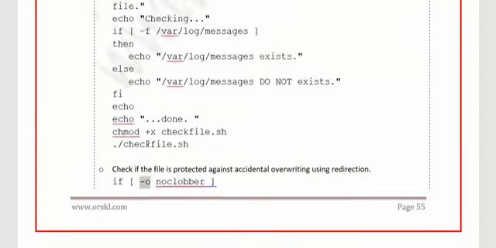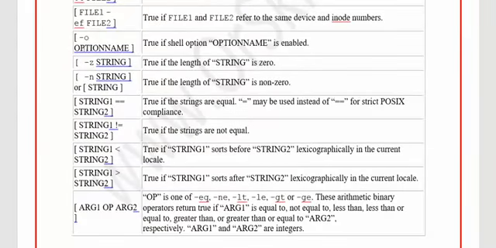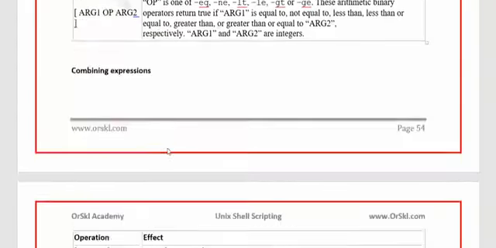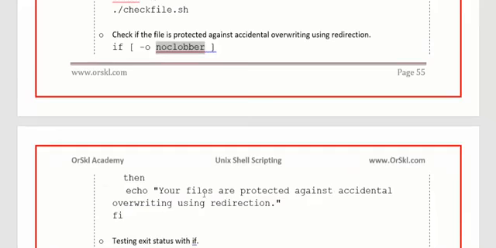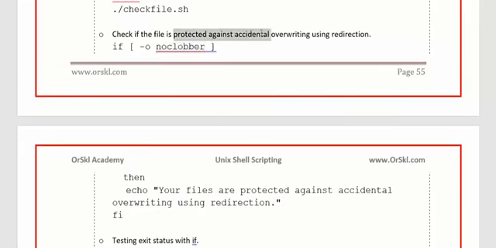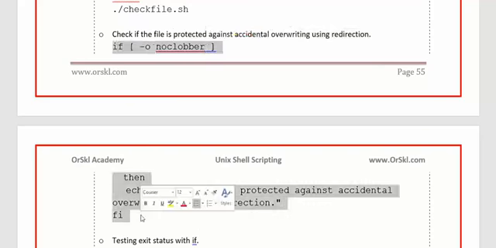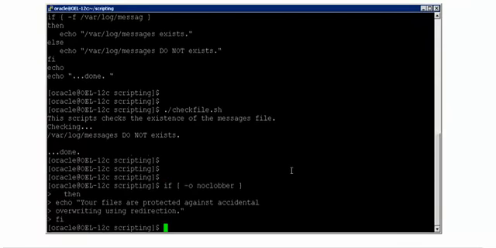Let us go to the next example that will give you much more insight about what -o is. -o is what I said, option name. That means one of the option names is noclobber. That means if you wanted to check whether whatever you are trying to run has some protection against accidental overwriting using redirection, the option is noclobber. So if you just say this, it will basically give you nothing on the screen because you are not running this in a script.